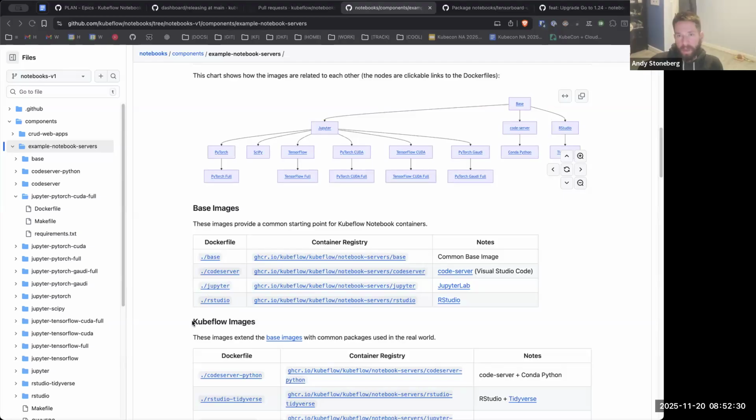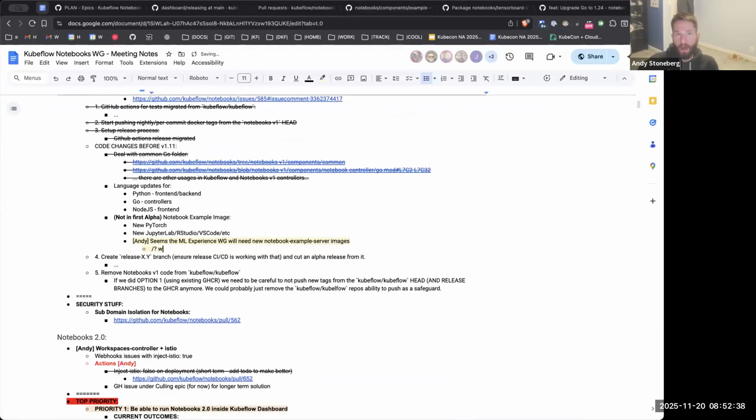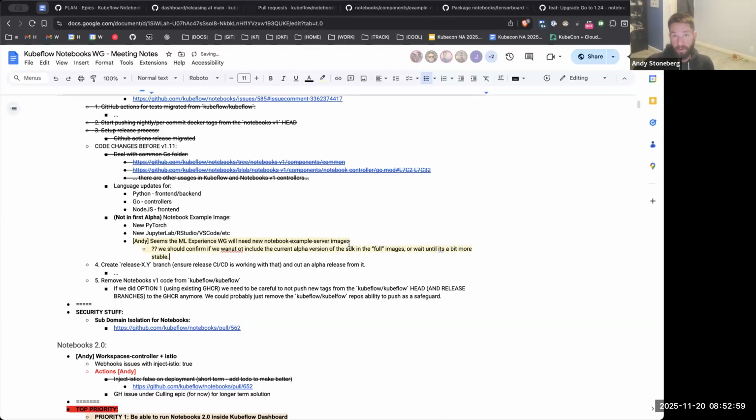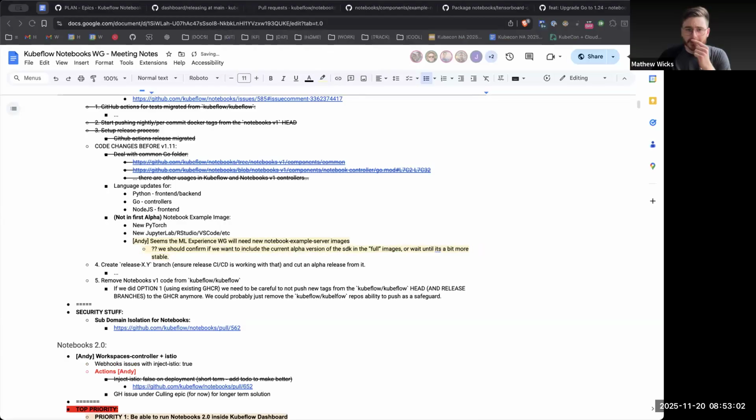That reminder note from me came out of the ML experience group, but it wasn't necessarily that we need this right now. So I think we need to involve Andre to understand if it's a requirement now or not, because we didn't know 1.11 was even a real thing 2 months ago when I added this note. I'm agreeing with everyone here, but let's first understand from Andre if this is even a 1.11 concern or not, because then we can potentially not worry about it and everybody's happy. And users can pip install it easily anyway. It's just a question of pipelines making sense because it's both forward and backwards compatible. Anyway, I just want to highlight that.